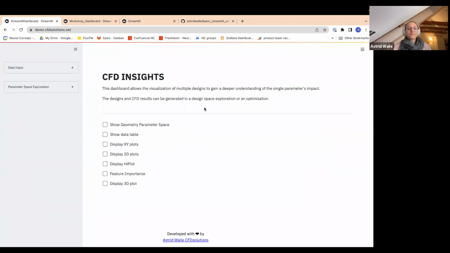So, I was always feeling that when you do design studies with CFD, or you just have a lot of CFD results and you really want to get some insights from the results, for example, to find out which parameters have which impact on your objective functions. So when you do a DOE, or you run an optimization,